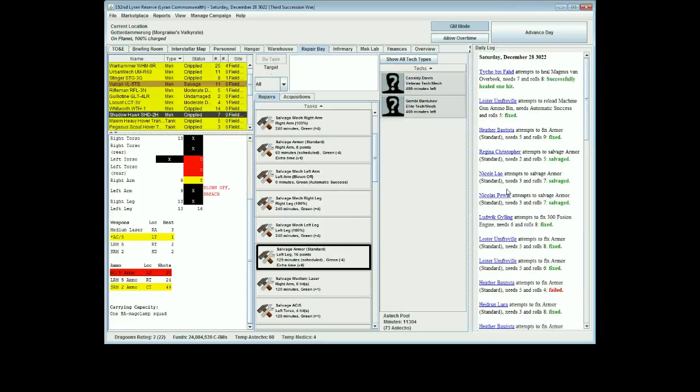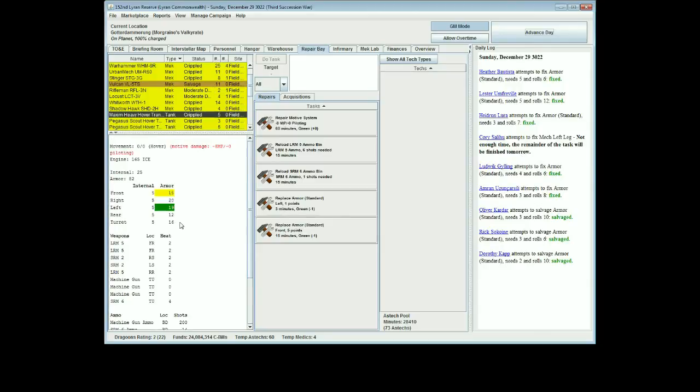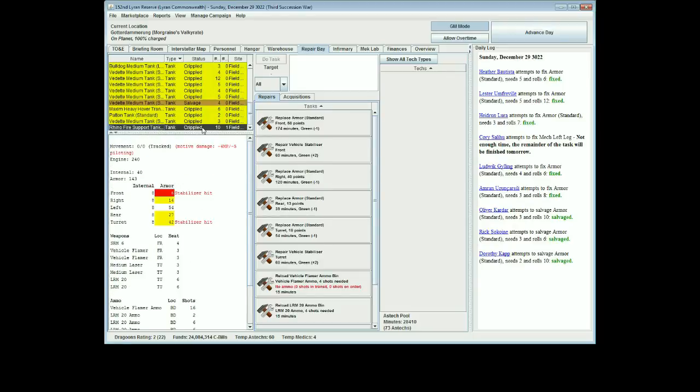Alright. Pretty much everything's more or less good. Oh, I forgot to get them working on stripping the Rhino of armor. Well, we can do that now. It's not a huge deal, it's just...